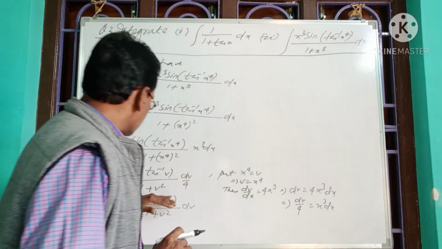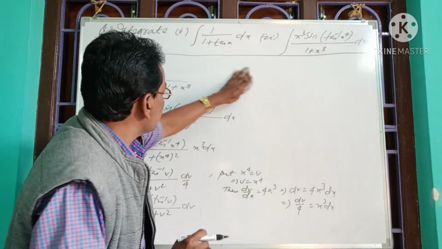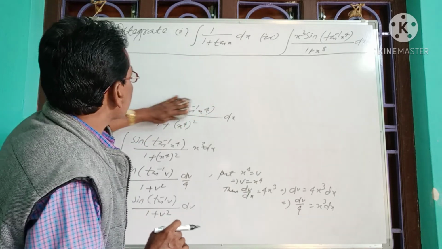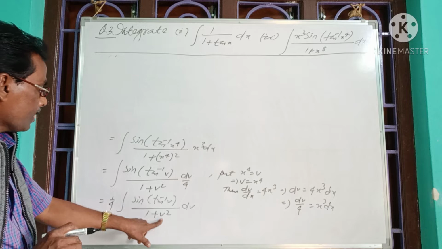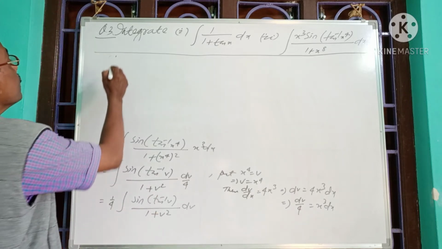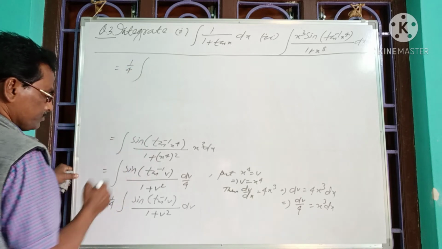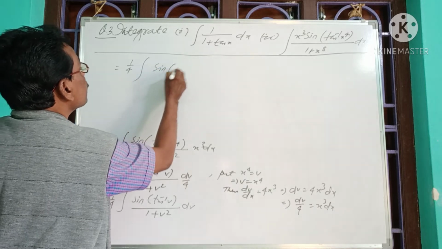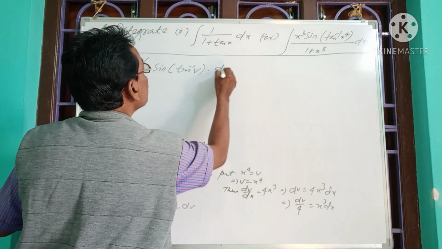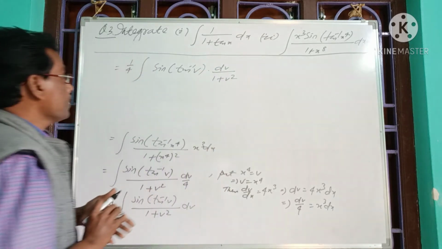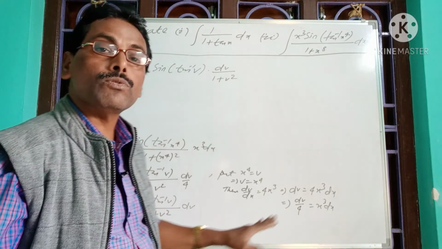So now again, even the obtained integrand is not directly integrable. So in order to integrate it, again let us substitute tan inverse v as u, because the derivative of tan inverse v is 1 by 1 plus v square, where the integrand contains it. So now before substitution and differentiation, let us adjust like this, that is 1 by 4 integration of sine of tan inverse v into dv by 1 plus v square, because we know the derivative of tan inverse v is 1 by 1 plus v square. So the integrand contains the factor 1 by 1 plus v square.